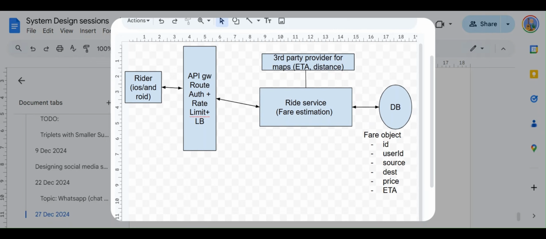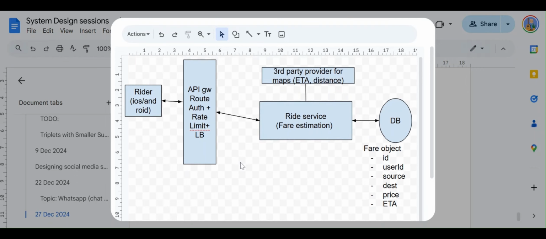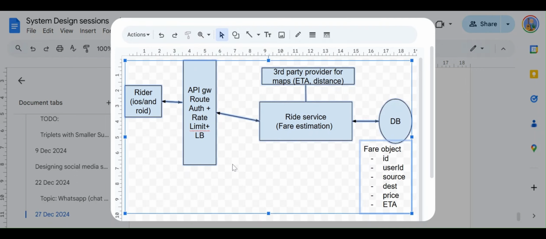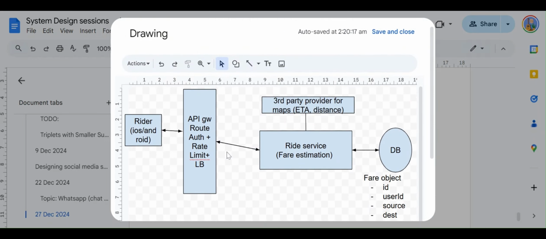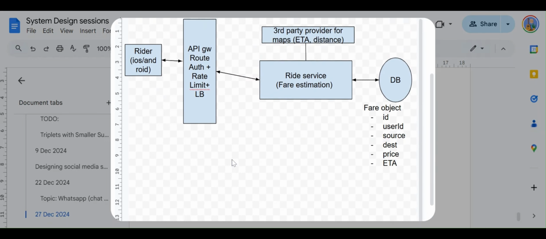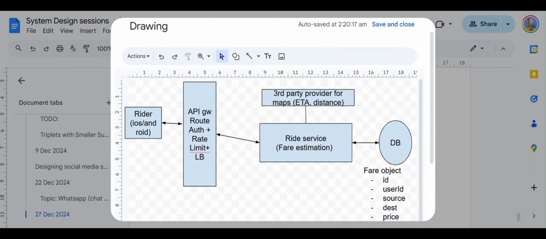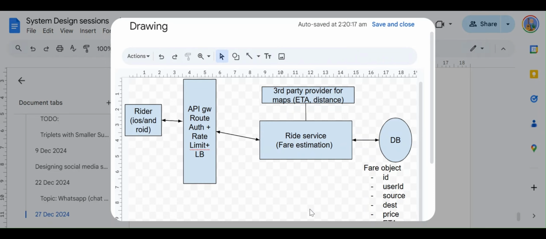And over here, till now, if you notice, we have let me copy this entire thing because it doesn't let me copy back. So this has fulfilled our very first requirement, that the user should be able to send a request to the Uber platform, input the start location and the end location, and get a fare estimate. So this is the very first functional requirement that we are fulfilling.